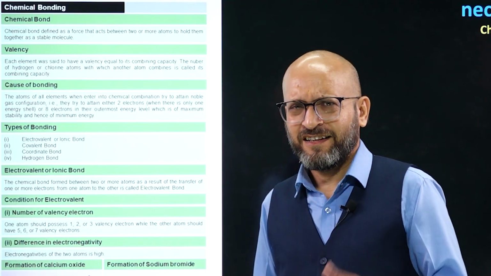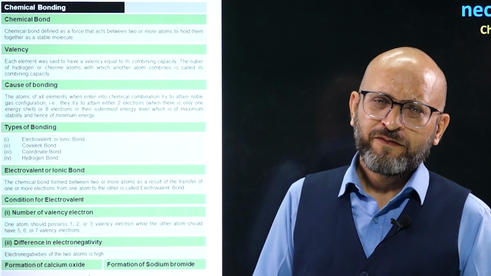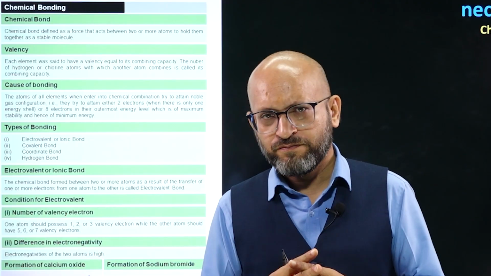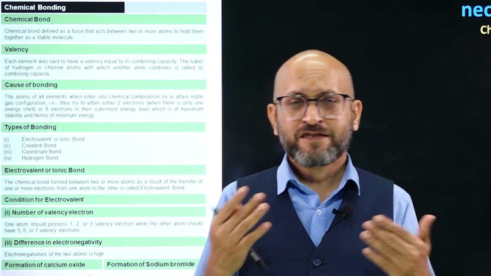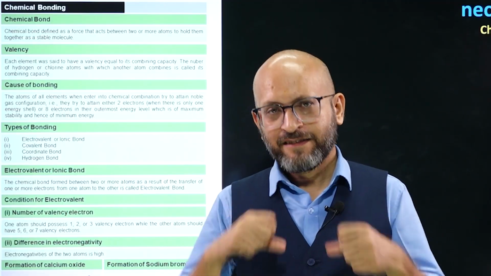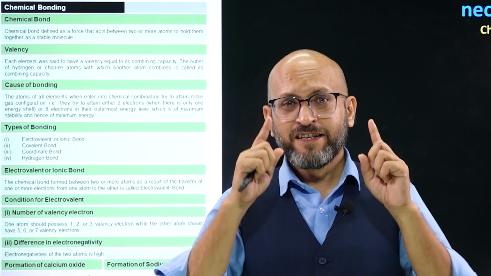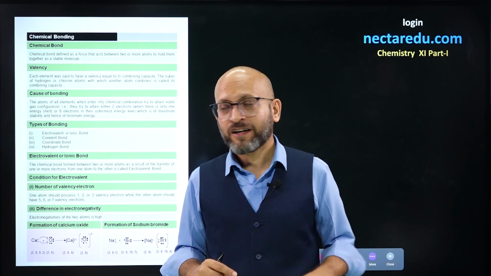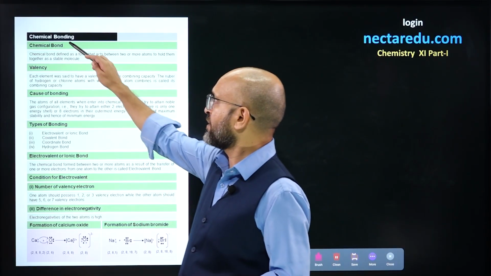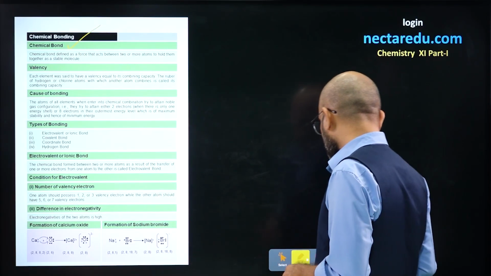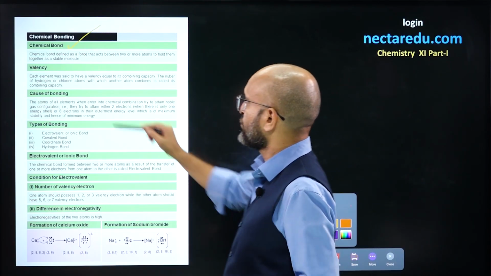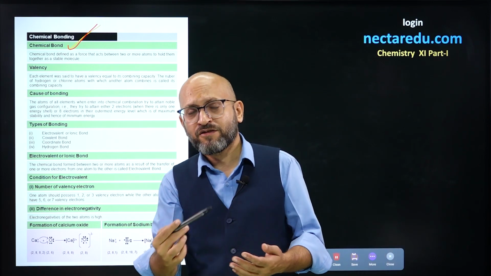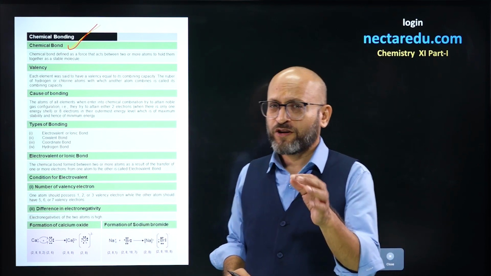That's so simple, right? In real life, we have this in a father-son relation, a mother-father relation, between siblings, two sisters, brother and sister. So this is an attraction, right? If it is a strong attraction, we say it is a strong bond between them. If attraction is less, we say it is a weaker bond. So chemical bond talks about attraction between atoms. If attraction between atoms is more, that means the bond is strong. If attraction between atoms is not that great, we say the bond is weak.